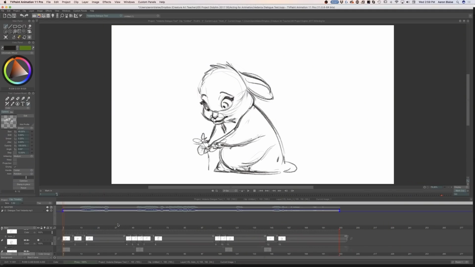Okay, so I've just done a few connective drawings through here, and I'm keeping the drawings quite scribbly. I haven't really tied them down, but I've really focused on getting that connective tissue between each of the poses so that the animation feels much more alive, much more natural.